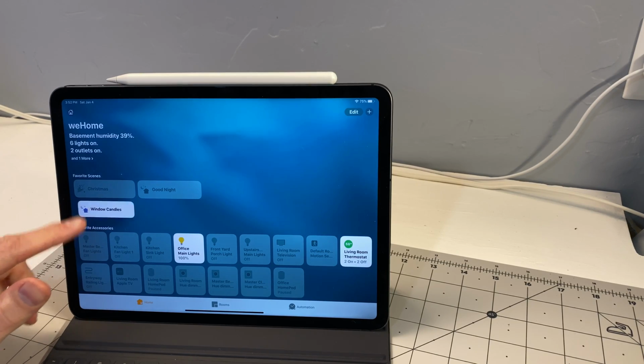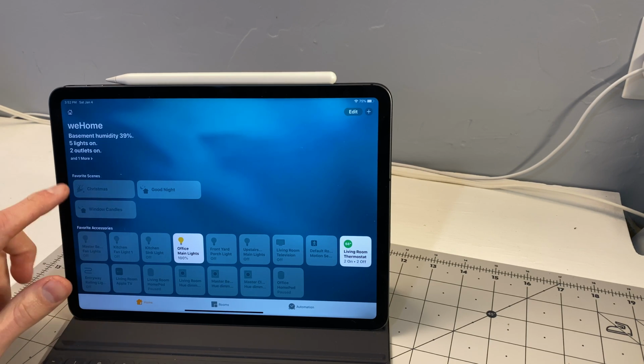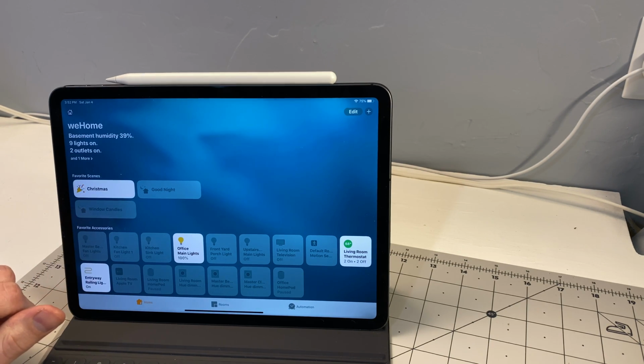And the other thing related to this is maybe you've tried to trigger a scene in HomeKit and seen it load, and then the scene doesn't light up. It just kind of turns off. And I would really like to see them be able to describe what's happening there, because from my understanding, it's